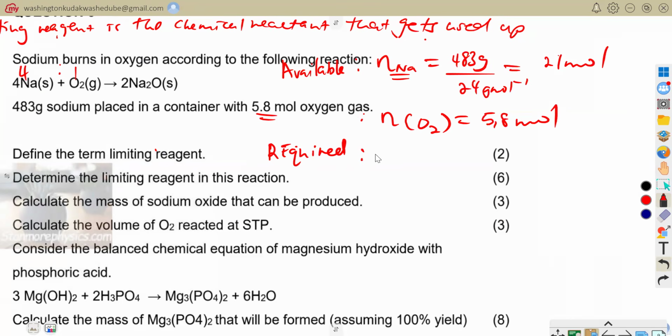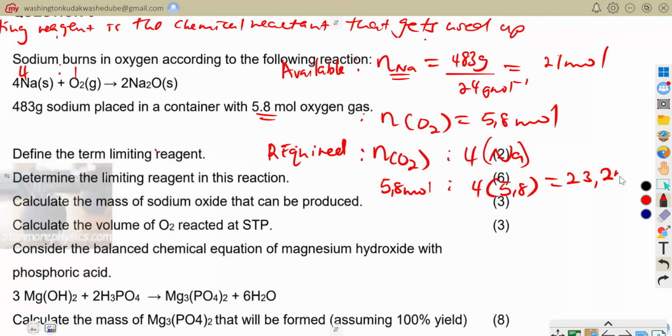So if my number of oxygen available requires 4 of my sodium, 5.8 moles will require 4 times that 5.8, which is equal to what? 4 times 5.8, it will require 23.2 moles. So you can see that oxygen requires 23.2 moles